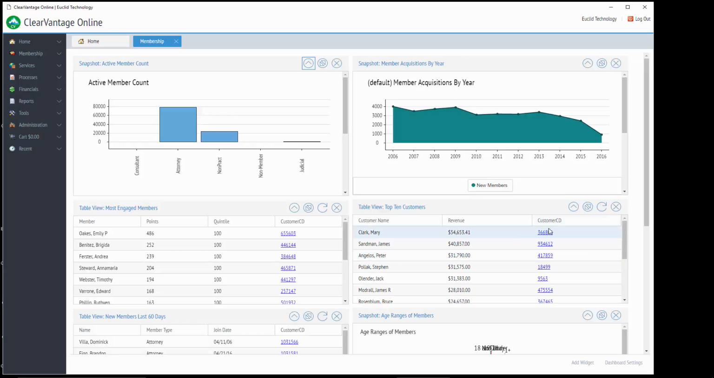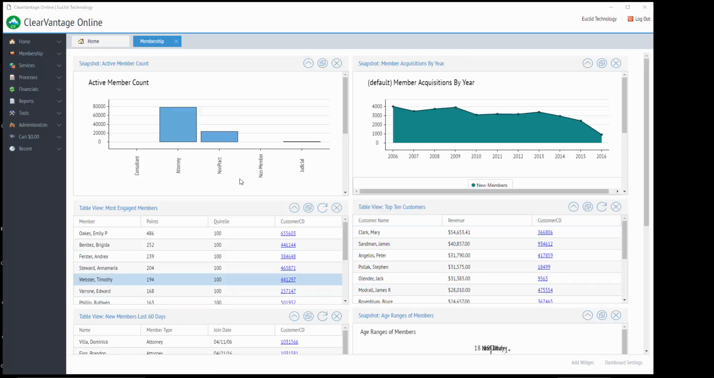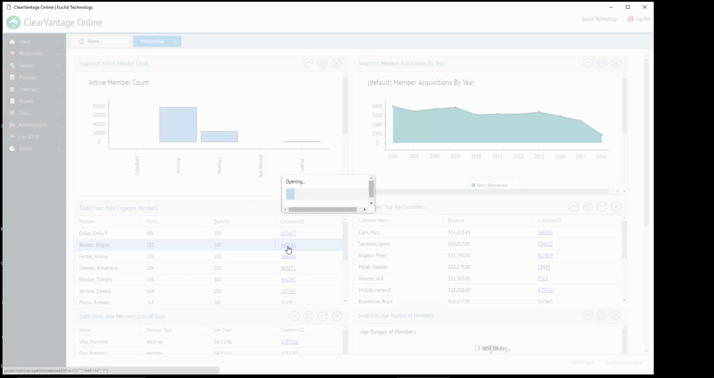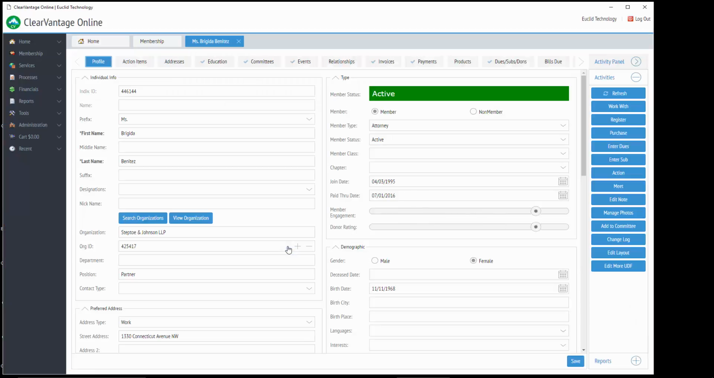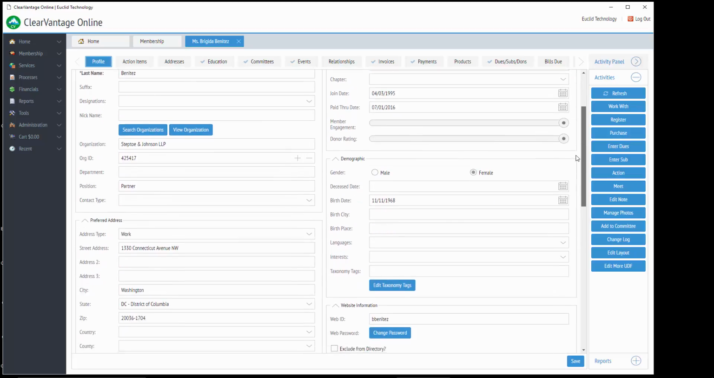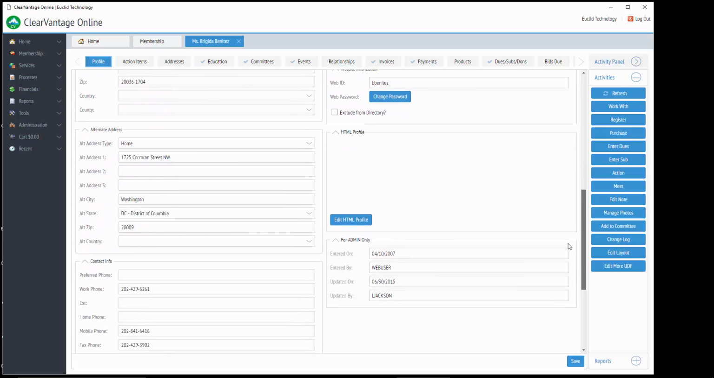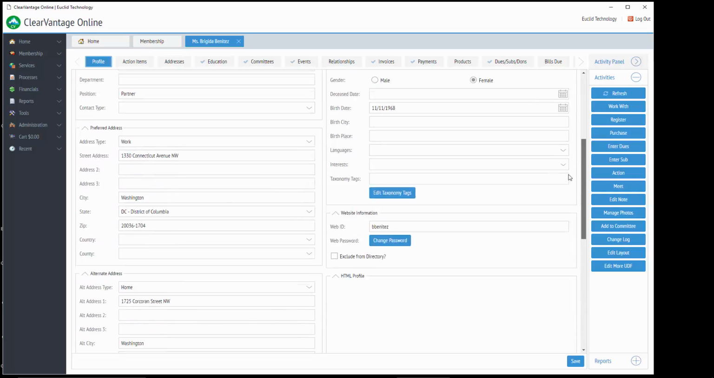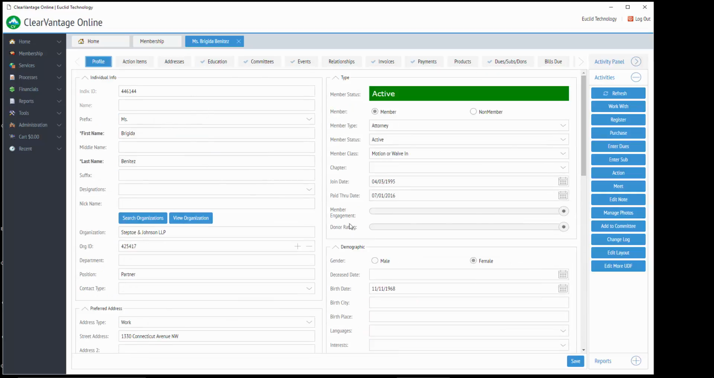And what's nice about our system is that everything's drilled through, just like ClearVantage, so that if I want to open an individual's record right from the dashboard, I can simply click on their member ID, and that will open up their profile, and I can see things such as when they joined, a breakdown of their profile. This is fully configurable, so you can have any information you want right here at your fingertips. I can see that